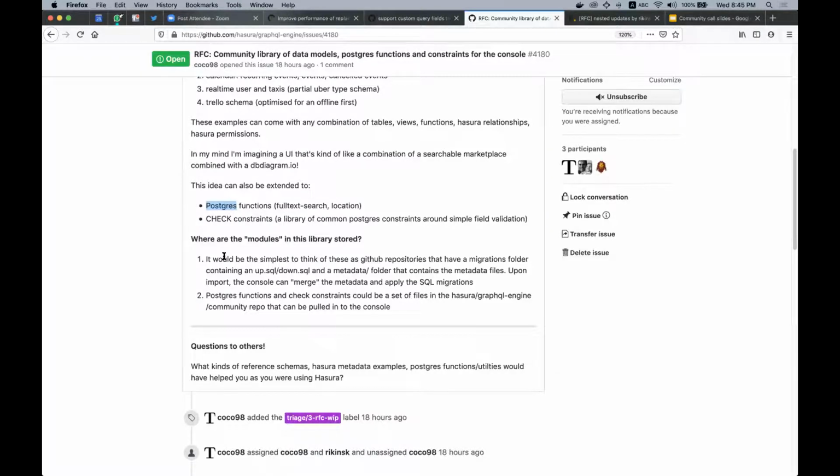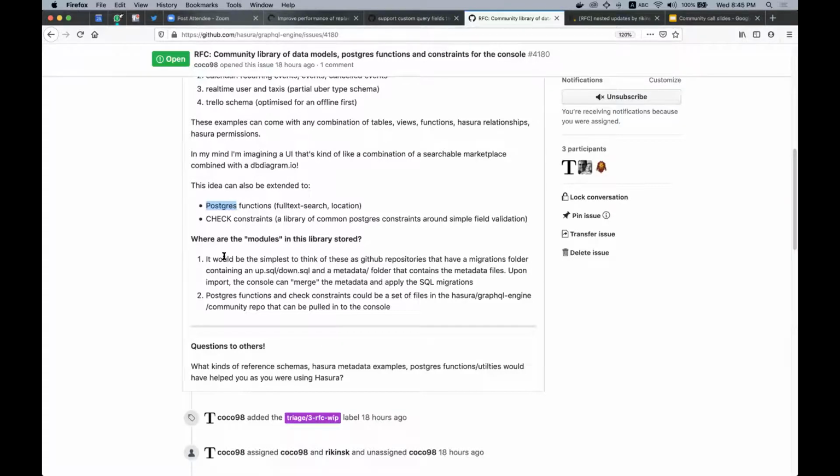You might have a case where you just have metadata. Actually, well, you probably won't have that, but you might have that if you have just, say, action definitions, right? You have some common actions around login and sign up that you want to use, or you might have just migrations which contain Postgres data models and stuff like that. So that would be one unit, or one set of things that can be shared.